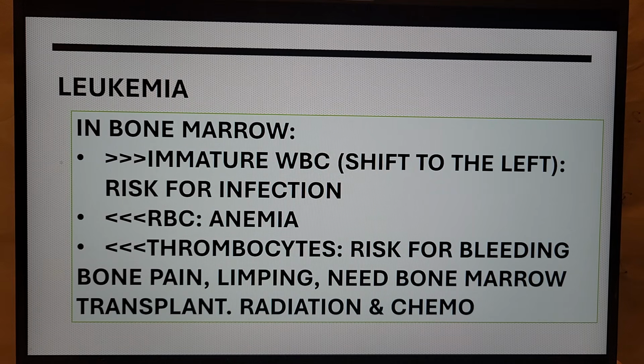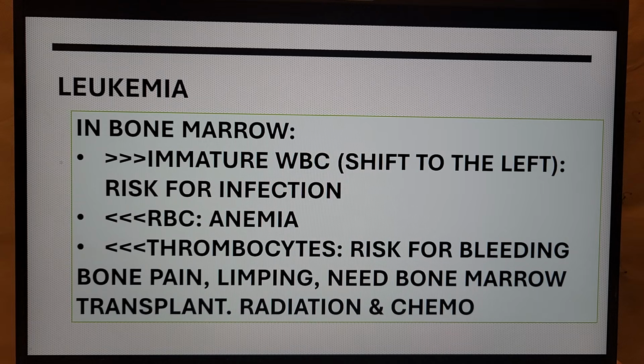All right. So what is leukemia? Let's talk about leukemia, right? In the bone marrow, they have a lot of immature white blood cells, but they cannot fight infection. So we call this shift to the left. Shift to the left means a lot of baby white blood cells, right? And because the space is full with white blood cells, they don't have enough space for RBC,